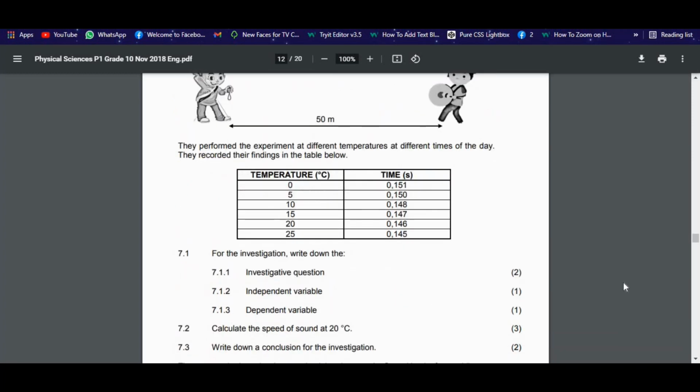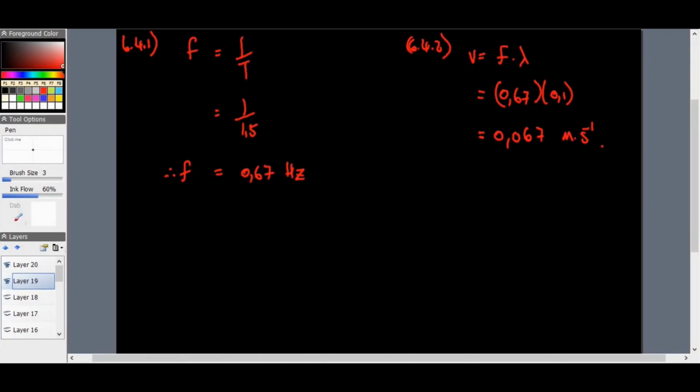So they start off, and they're 50 meters apart. Yes. So they start off by saying, for the investigation, write down an investigative question. For the experiment of temperature versus time, and seeing what effect that has on the speed of sound. Okay. Well, for question 7.1,